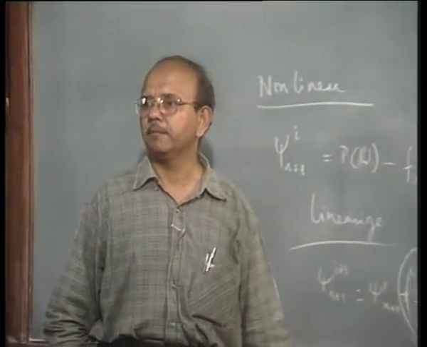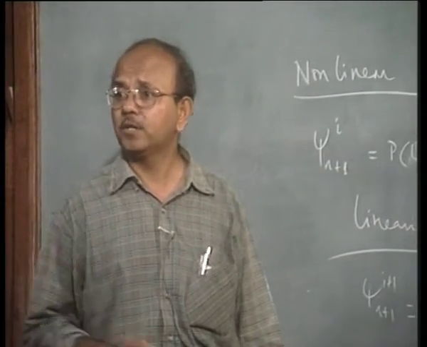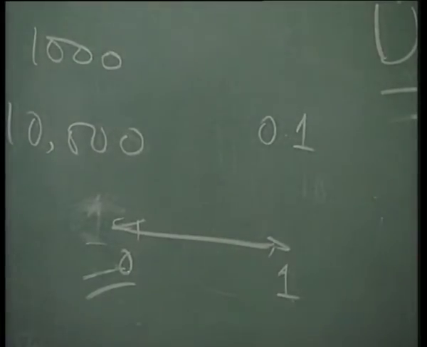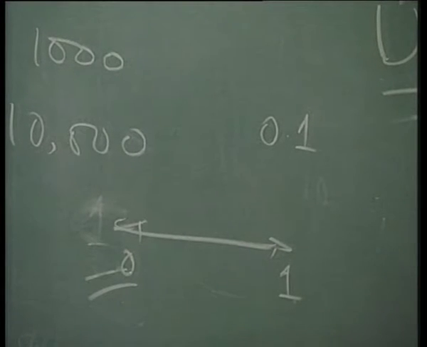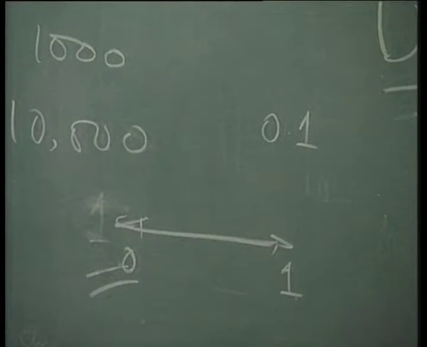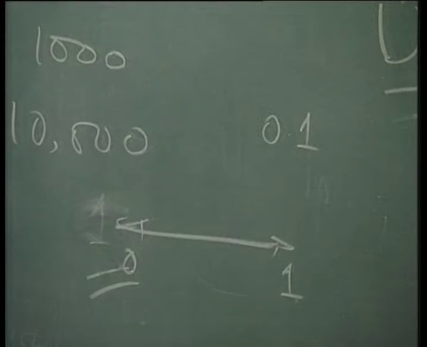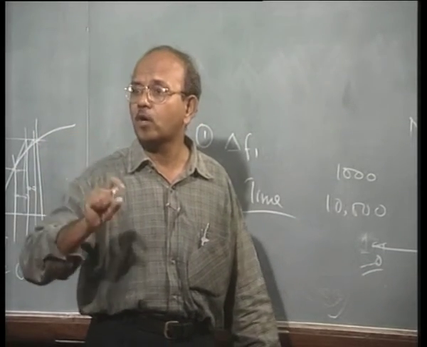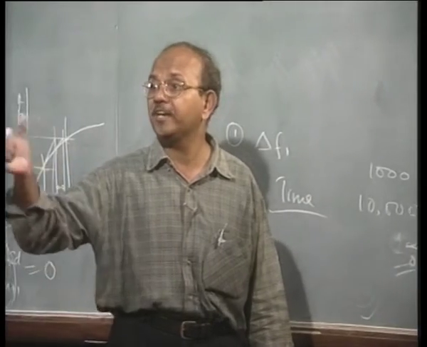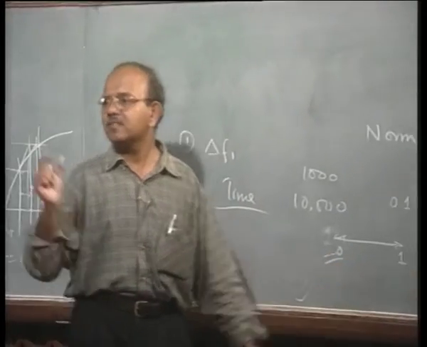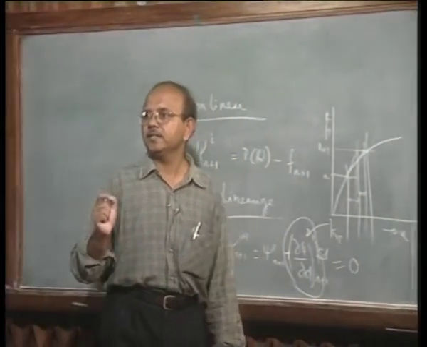So, now I say start with 0.1 second, 0.1, okay, for every problem I can say start with 0.1, then for the first problem it will be 1000 if it is 10,000, for 5,000 it will be 500 and so on. Is it clear? So, I will not talk about now the load step at all, I will talk about time step. The time step will automatically get converted into an appropriate load step, okay, depending upon this normalization. Now, what is the advantage of this? The advantage is very simple.